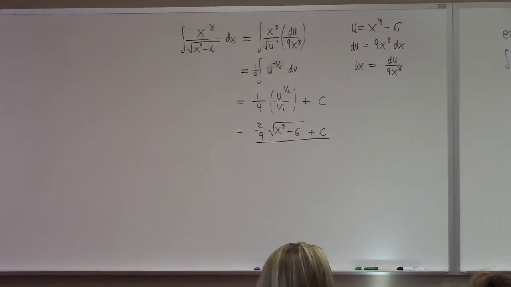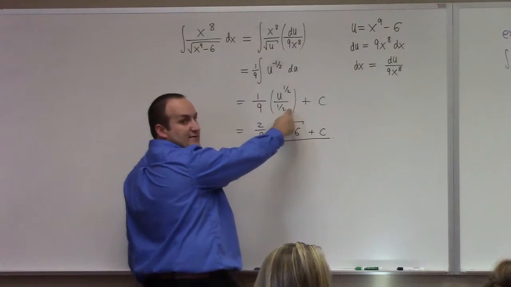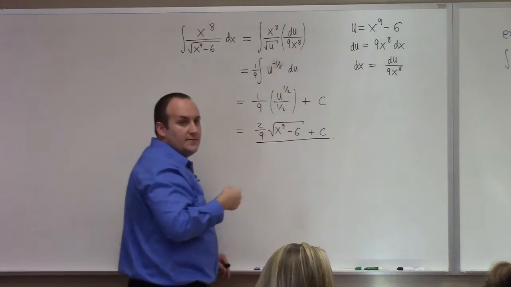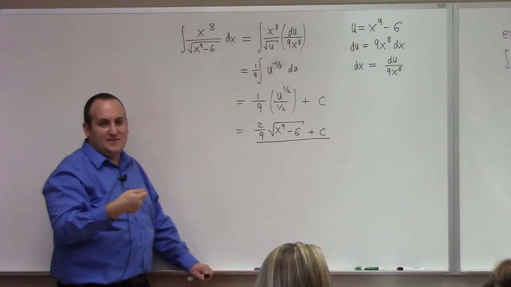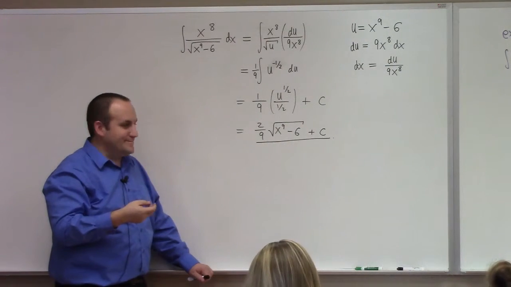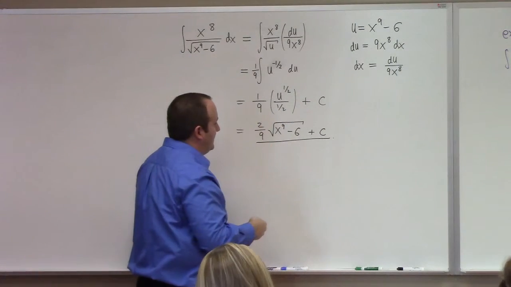Where did you get the 1/2? Oh, I'm using the first rule with n equals minus 1/2. So minus 1/2 plus 1 is 1/2. So 1/2 divided by 1/2, but division by 1/2 is the same as multiplication by 2. Because if you ask how many half pizza pies there are in a pizza pie, there are two halves of a pizza pie in a pizza pie. Sorry, I'm hungry. Anyway, so yeah, division by 1/2 gives you 2.